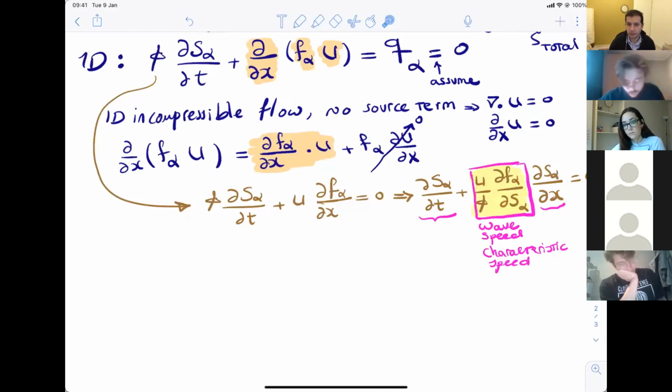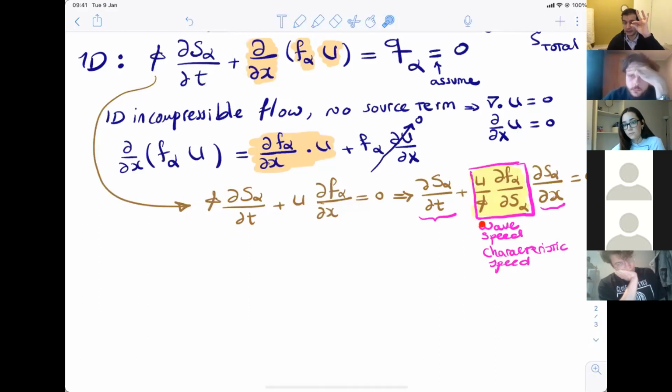If this term is high, it means your saturation changes rapidly in your system. If it is small, it means saturation would change very slowly in the system. The U here is clear for us. We understand U. If U is high, we know that it's going to be fast. But not only U, porosity would matter. If porosity is small, then it has a small